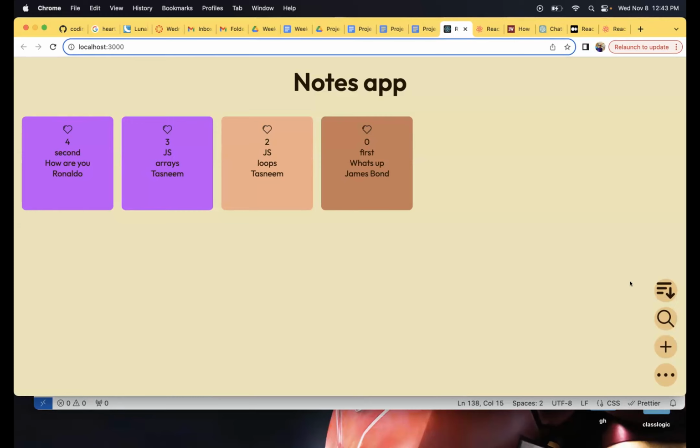Good. So the idea for creating this whole hovering button element is it's not a button really, but more like a component, like just an icon, to be honest. So the idea behind this is usually we want all our navigation to be done in one place. For that, most cases we have a navigation bar where we have all the options, whether you want to add something, whether we want to search something.